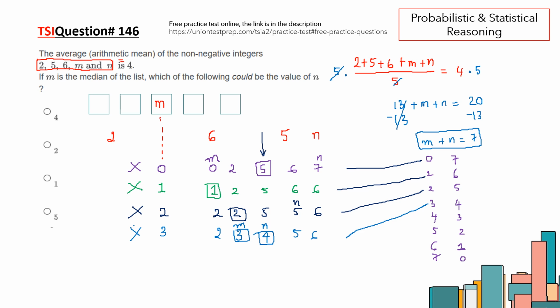Now if we check 4, m equals 4, n is equal to 3. Now n here, m here, 2, 5, 6. So this is correct because m is at the middle. If m equals 4, then the value of n is 3. Reading the question, they ask which of the following could be the value of n. So I have one value of n, which is 3, but looking at the answer choices, we don't see it. Then we continue